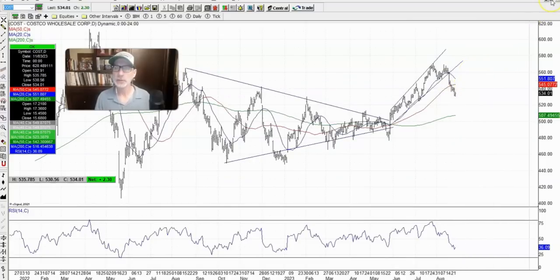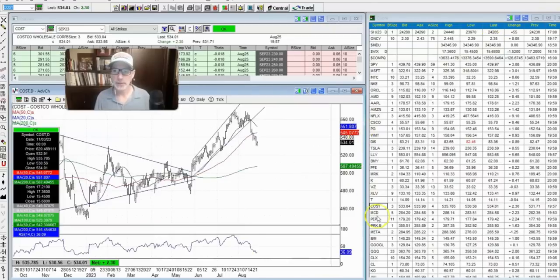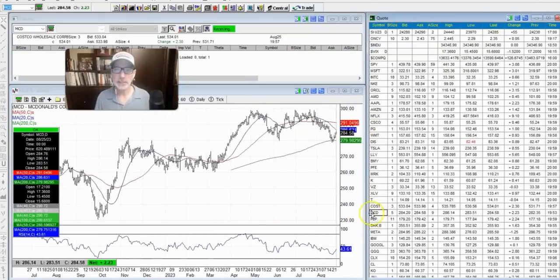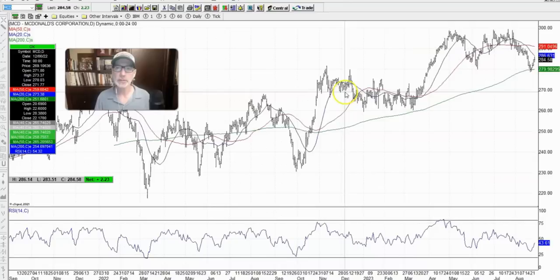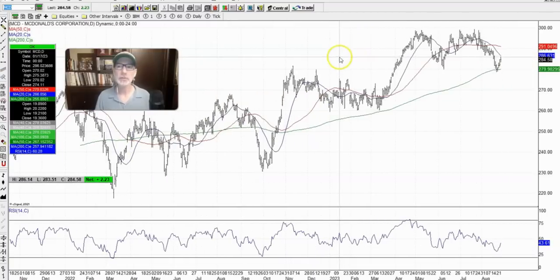All right, let's look at a couple others and call it a day here. McDonald's, anything in McDonald's? Let's take a quick look, also a strong stock. Even without the trend lines, you can see it's going from bottom left to top right. That means the stock is in an uptrend, okay? So you want to wait for a pullback. This is a great pullback